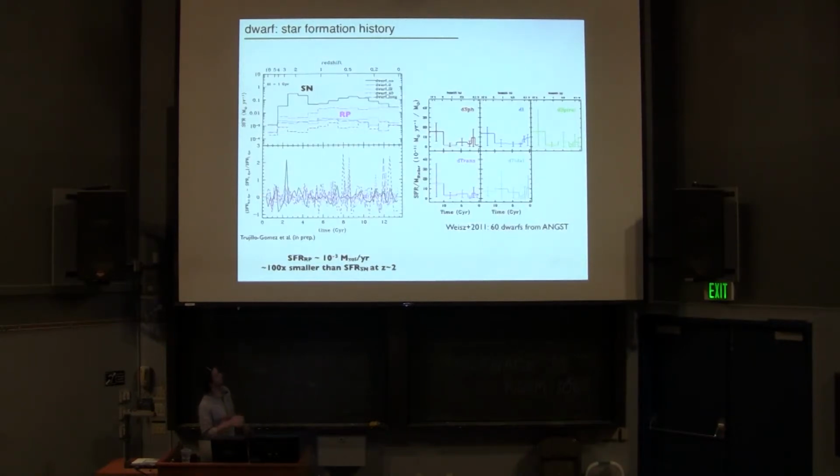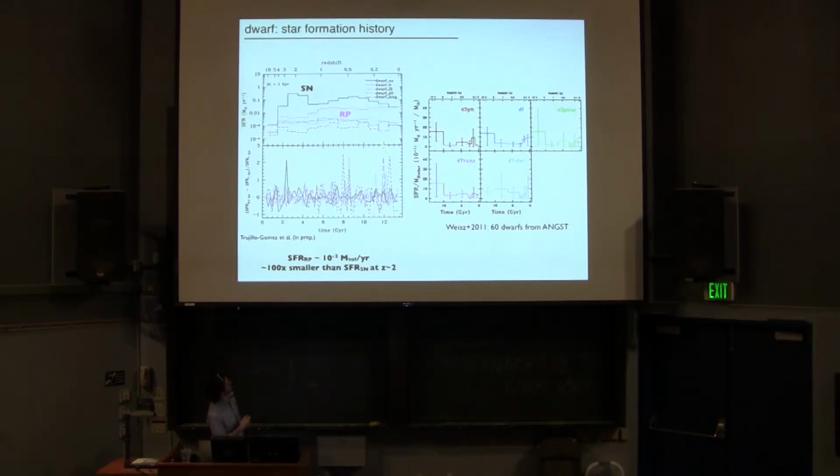So here's a more detailed comparison. This time I'm showing the star formation rate in the different models. Here's the star formation rate binned in broad bins of about 1 gigayear, because this is the resolution of the best observations, and you can see how the supernova model has a very high star formation rate that's inconsistent with observations. Here are observations of local group dwarf irregulars. You can see they're close to constant.